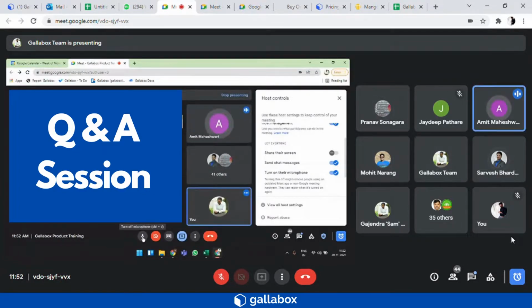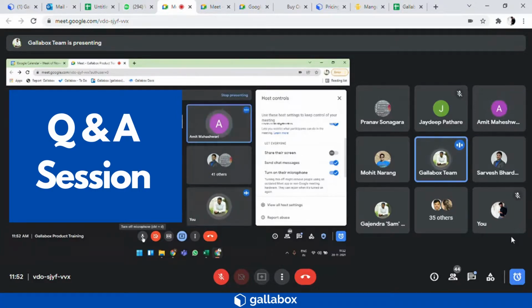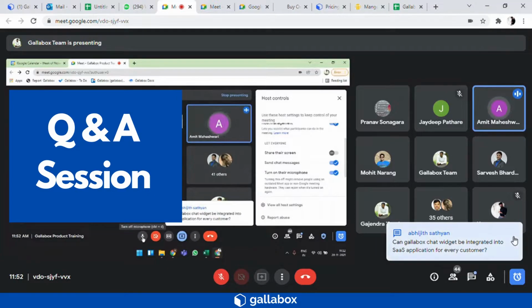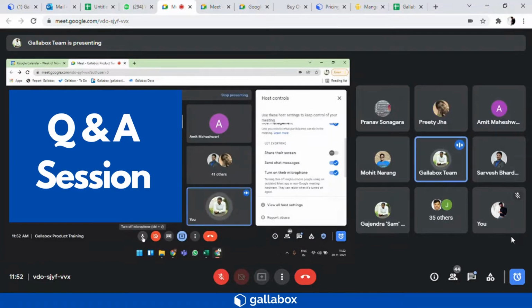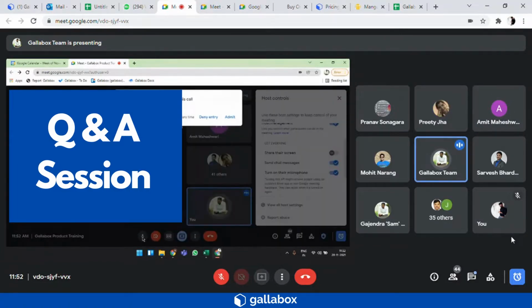What about directly sending it by adding the contacts in the Galabox app only? That can also be done, sir. You can either broadcast messages directly from Galabox itself, or it can also be done through the Google Sheet. I tried adding the contact, but I was not able to change the country code from India to any other country. No issue, sir. You just drop your contact details in the chat box, and I will ask one of our members to get in touch with you.